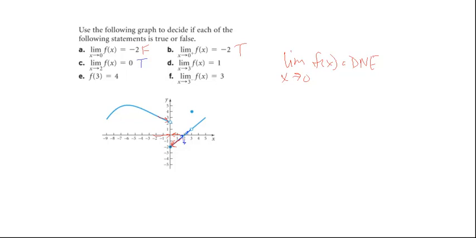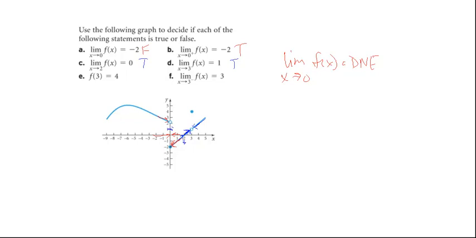Okay. Next one asks us about the limit as x approaches 3 of f of x is equal to 1. Get rid of some of my marks here. Oops, didn't want to do that. That one, x approaches 2, that one was true. Okay, sorry. All right, limit as x approaches 3. So again, we're going to come from the left. So this time my arrow is going to point in that direction. And from the right. Yep, that's at 1. So that one would also be true.